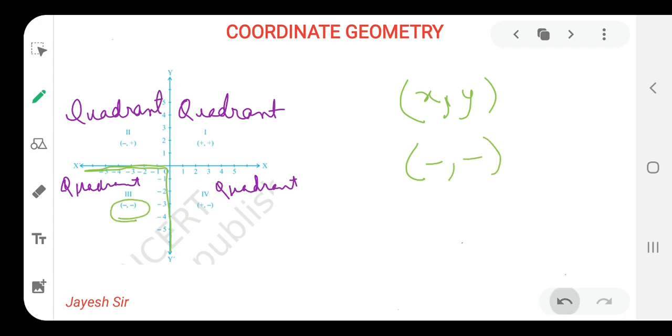Why? Because in quadrant 3 the values on the x-axis and y-axis are both negative. You know that here the values we can see are negative, that's why I have told you that by just seeing the coordinate we can identify which quadrant it lies in. Yes friends, so I am writing over here quadrant 3, the values of x and y coordinates are negative for both. Now let us move to quadrant 4, the last quadrant.